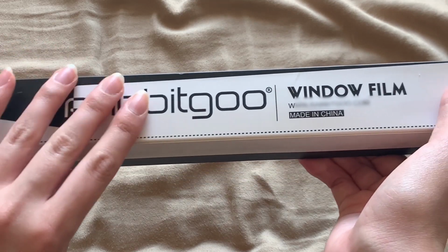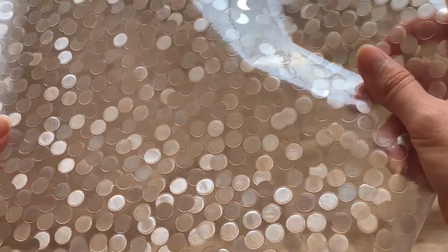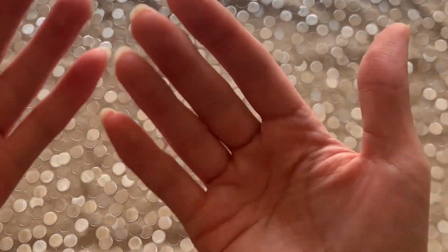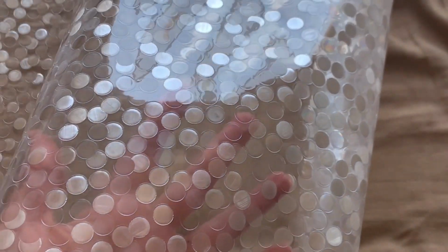This is the Rabbitgoo Privacy 3D Decorative Window Film. This beautiful window film is super decorative and can be added onto any flat, clean, and smooth glass surface. It's also super easy to install and doesn't require any harmful or chemical glues. The irregular circles pattern offers beautiful, attractive visual effects when the sunlight shines through it, as you'll see once we